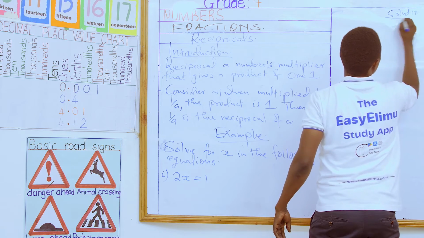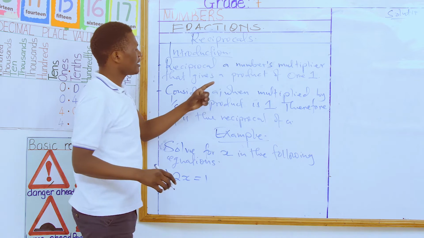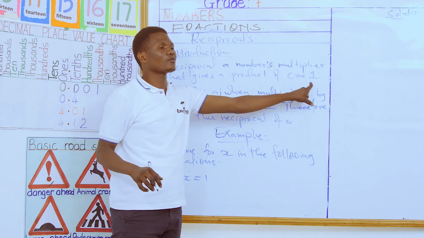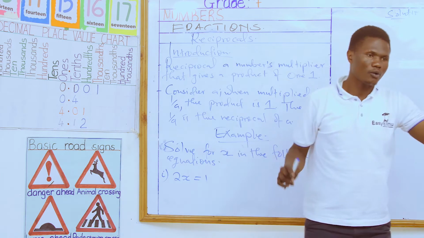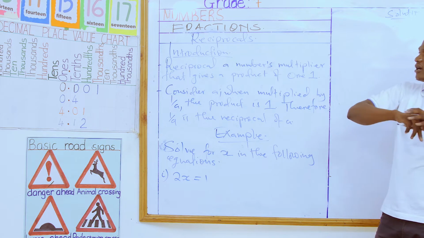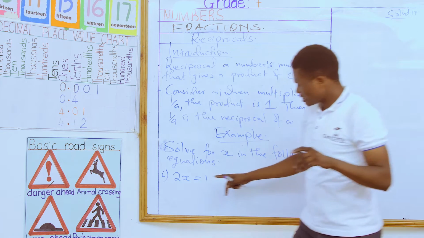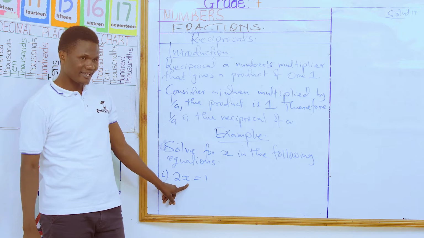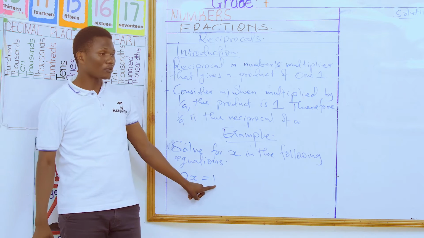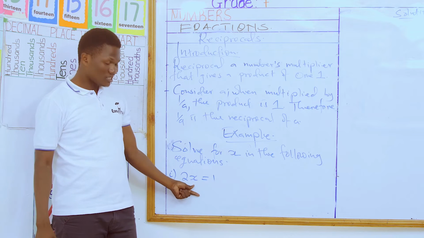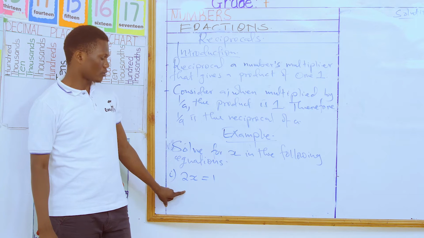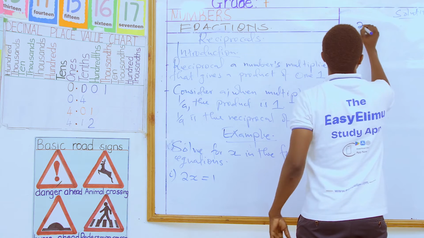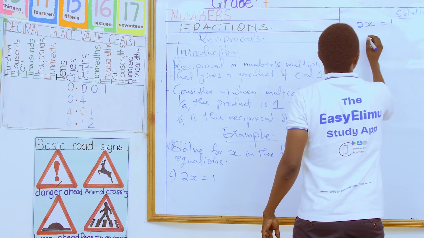Remember, I have said the reciprocal of a number is a multiplier that gives a product of 1. In other words, when you multiply by the number that you already have, you will get a product of 1. So in this instance, there is a number that is currently denoted by x that was multiplied by 2 to get a product of 1. If we are able to solve this unknown, then that will be the reciprocal of the number given. So here, we shall have 2x is equal to 1, making x